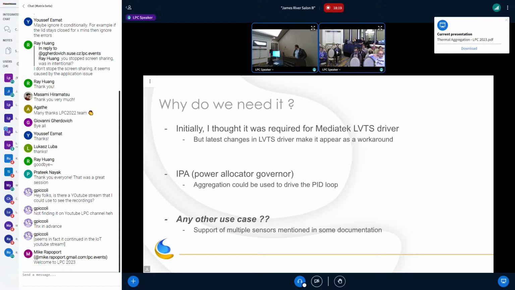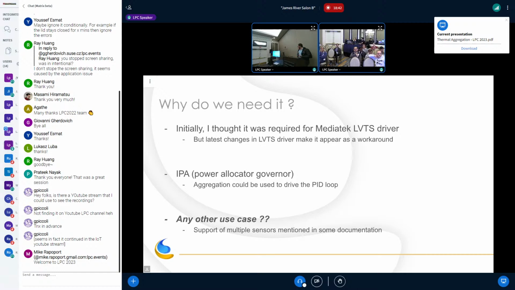But actually, I don't think we need it for MediaTek. They used it, the thermal aggregation, as a workaround for a driver that was not correctly written. And today, I'm not sure that we still need it for MediaTek. So it's all done. I can go back home.